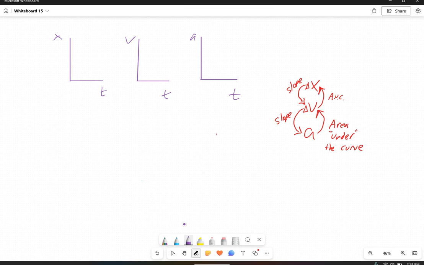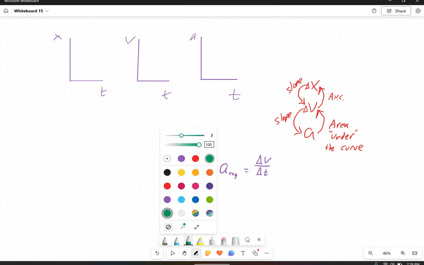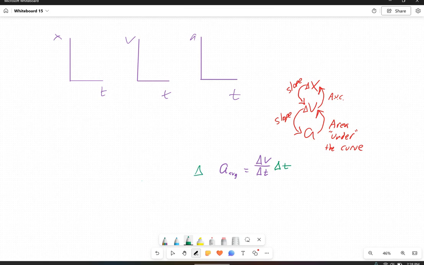So somebody has a question, why the area? I'm going to go back to my average acceleration formula, which I said was my change in velocity divided by my change in time. If I wanted to find my velocity, I'm going to multiply each side of this equation by delta t. So my change in velocity all by itself equals my average acceleration times my change in time. So now you see that I'm multiplying